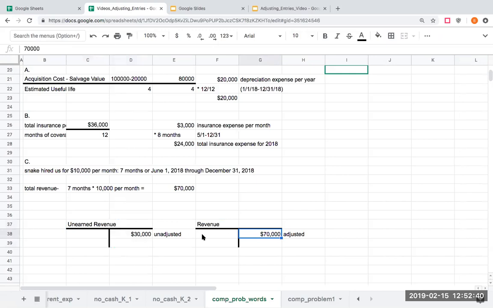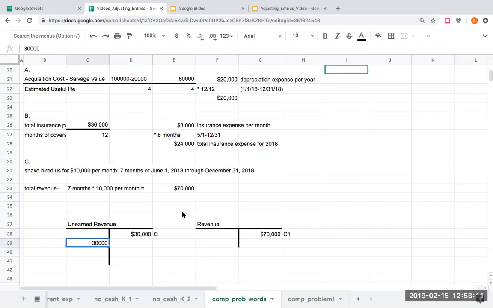Okay, so right here, I have a credit to revenue. On my books already, I had a debit for 30,000. What I'm going to do here is that this revenue is no longer unearned. I've actually gone through and earned this revenue. So we'll call this C1. This is transaction C. So the first part of my adjusting entry is going to be to debit this unearned